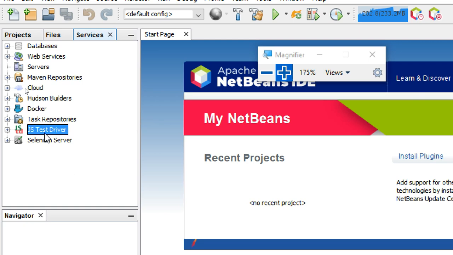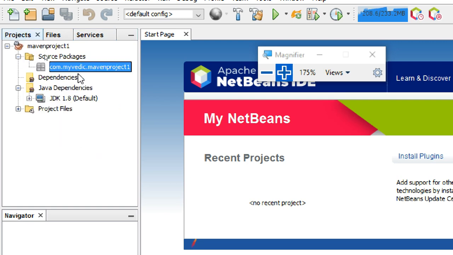Next, JS Test Driver, it is showing JavaScript Test Driver, I think. Selenium server, if you start a Selenium testing project, then you can add those kinds of things. Very simple, it's a Java jar file, just add it and automatically it will become that. Java connectors are also there, Java program to database connector. Java ODBC, JDBC connectors are there, so we can add them here in case we are doing that kind of project.